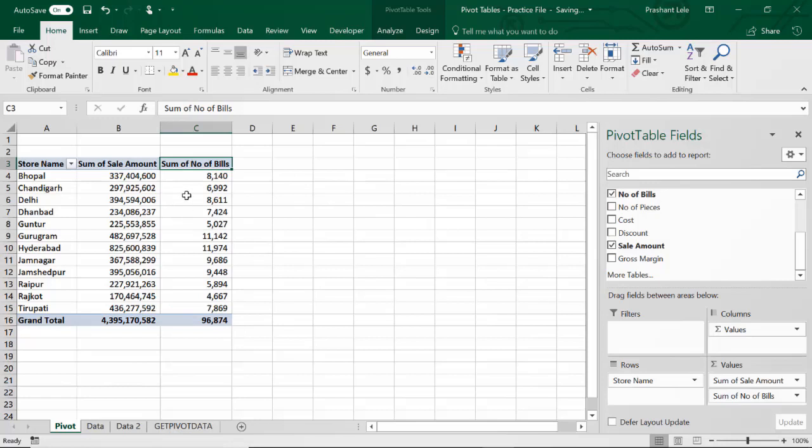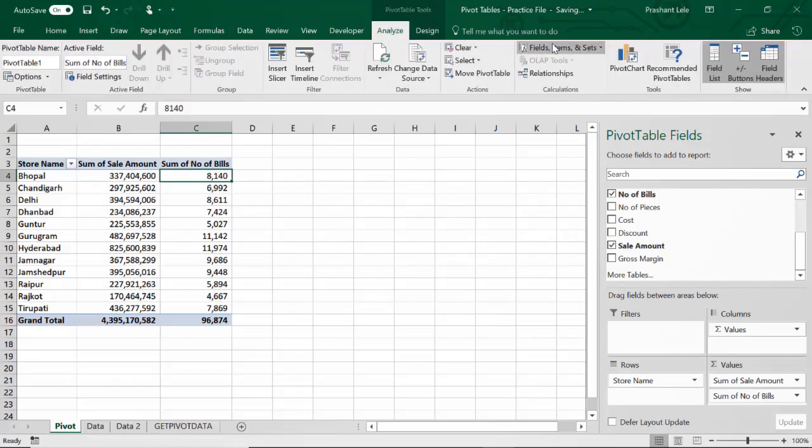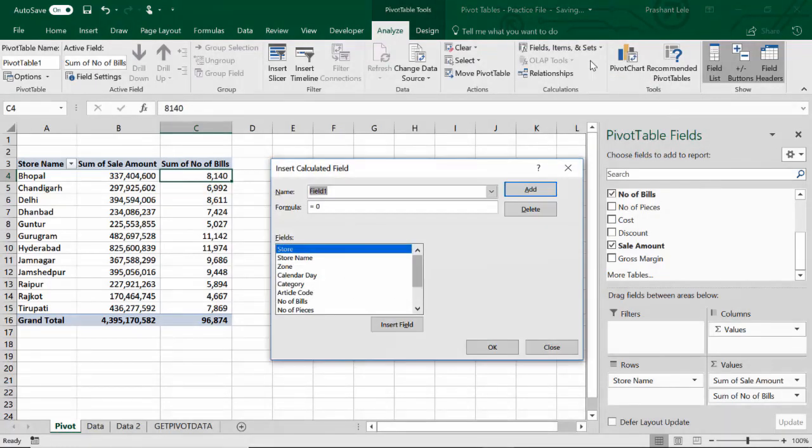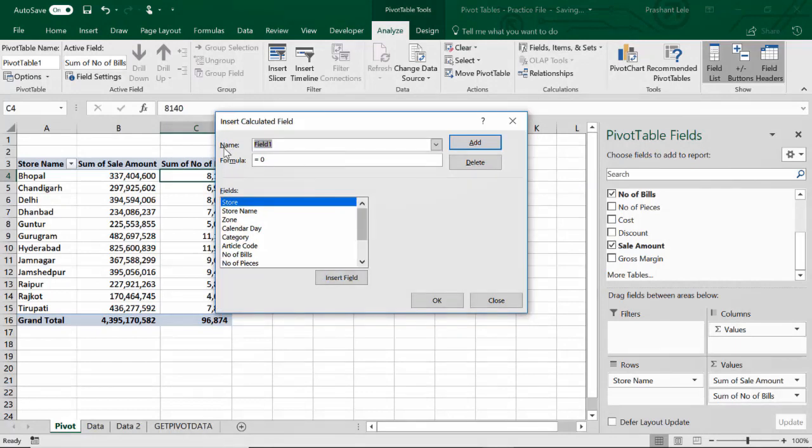For that purpose, I do not need to include any of these fields in pivot table, but we will still keep them to recheck the results of our calculated field. So select any cell inside your pivot table, go to Analyze, Fields, Items and Sets, Calculated Field. Here in this dialog box, you need to give name to your field.